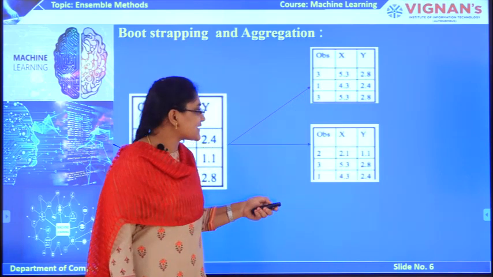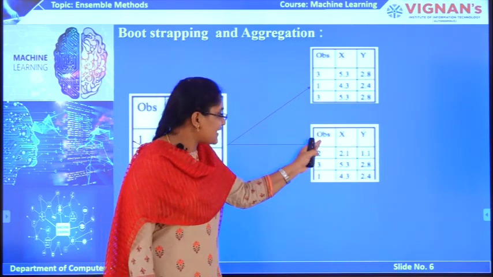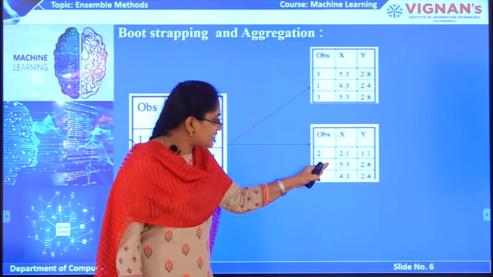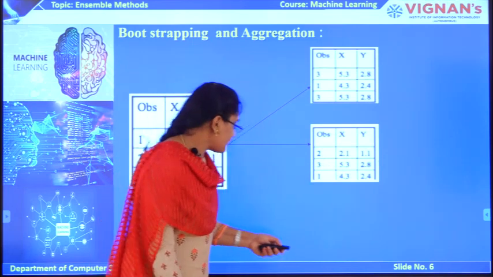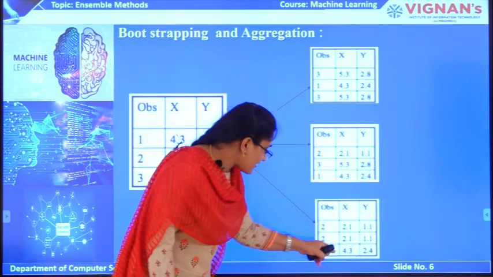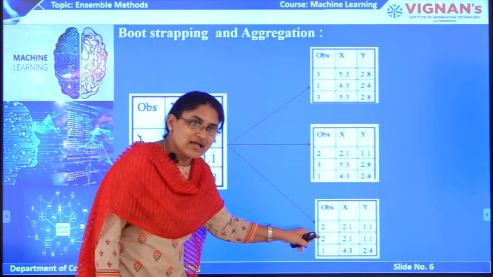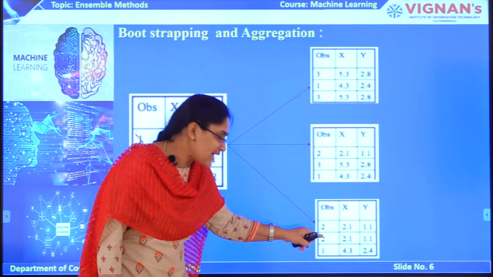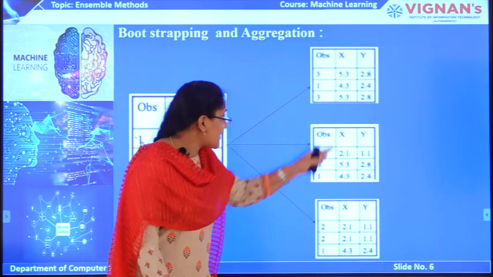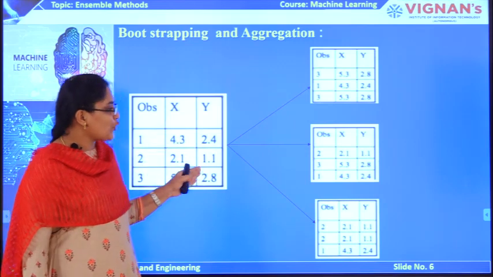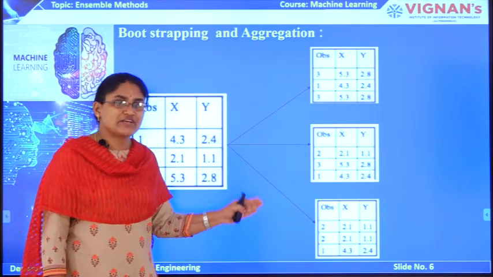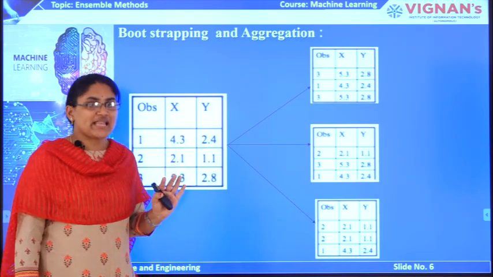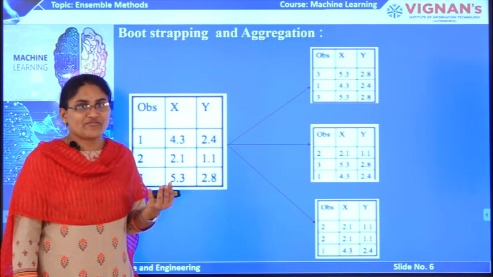And if I consider the second sample for this data set, here I got 3 different observations. Here no replacement is done. And if I consider the next sample, here I got the second observation 2 times, meaning I am taking the second observation 2 times for my third subset. So in this way we are dividing the given data set into different subsets of random samples with the row sampling replacement method. Okay, and by using this bootstrapping we are decreasing the overfitting of a model.